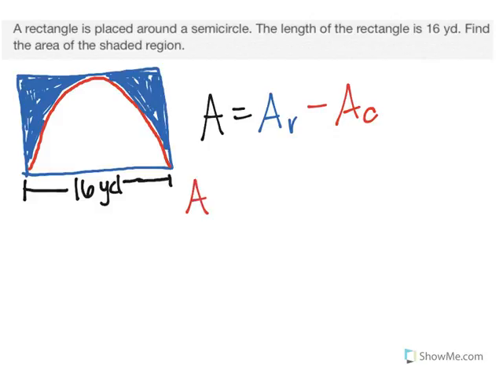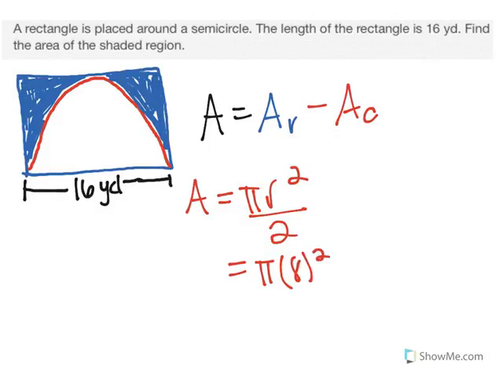So the area of a circle is normally pi r squared, right? But we're dealing with half of a circle, so we want to divide that by 2. The 16 yards, while it's the length of the rectangle, it's also the diameter of the circle, which means that the radius is half of that. So our radius is 8. 8 squared is 64, so we have 64 pi over 2,